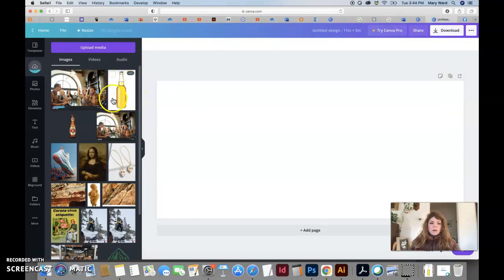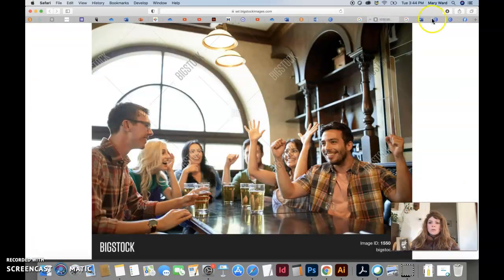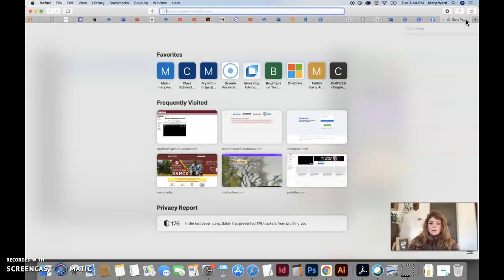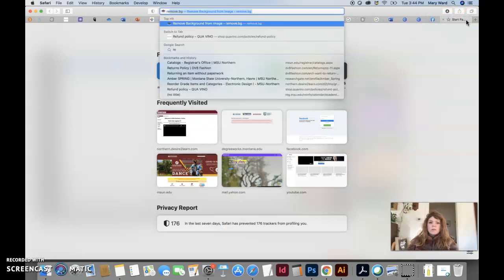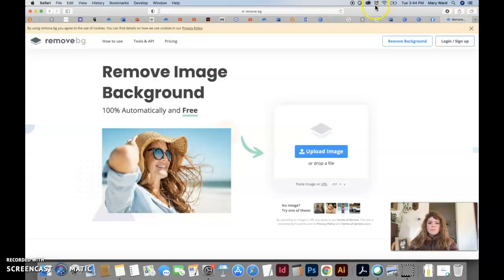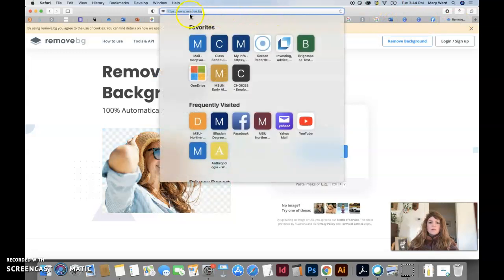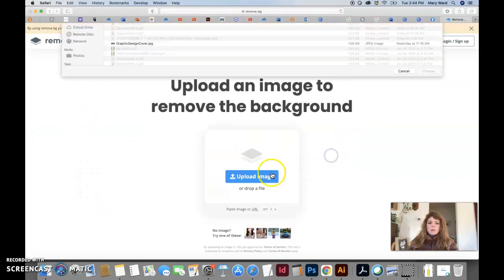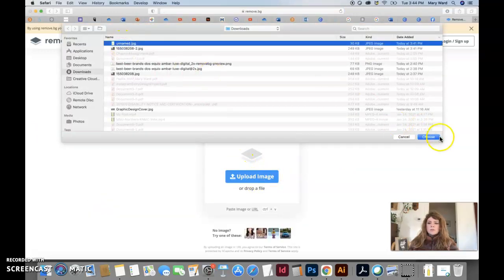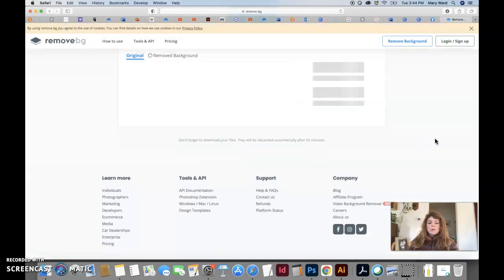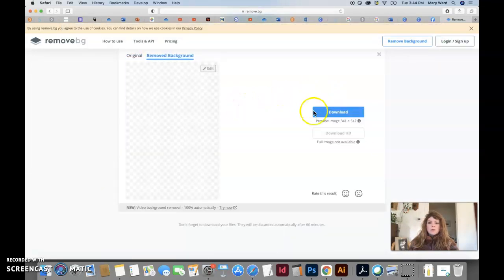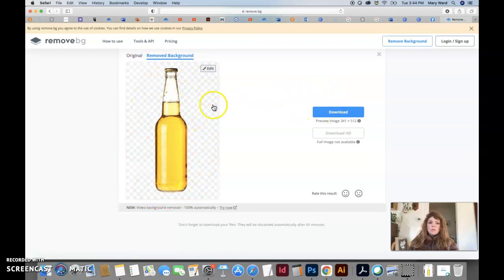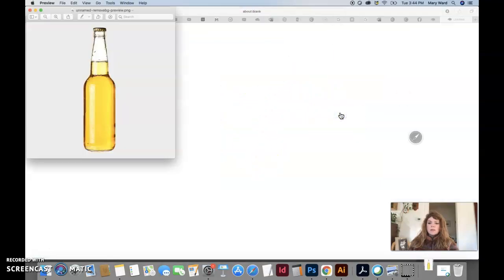Actually, I think I want to remove the background to this, so I can do that quickly if I go to remove.bg. www.remove.bg.com, and actually it doesn't even have a .com on it. So we can upload the image. I'm going to do this kind of Corona beer looking bottle here. It automatically removed the background for me, and then I can download that again, and then I'll go back into